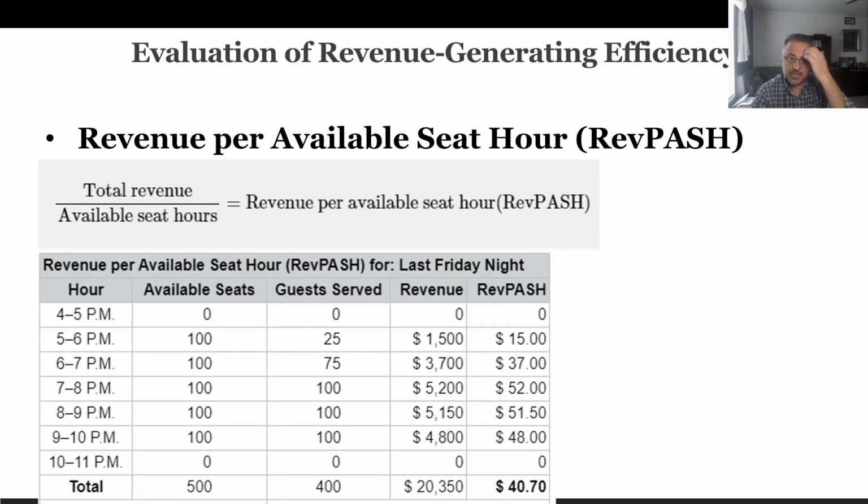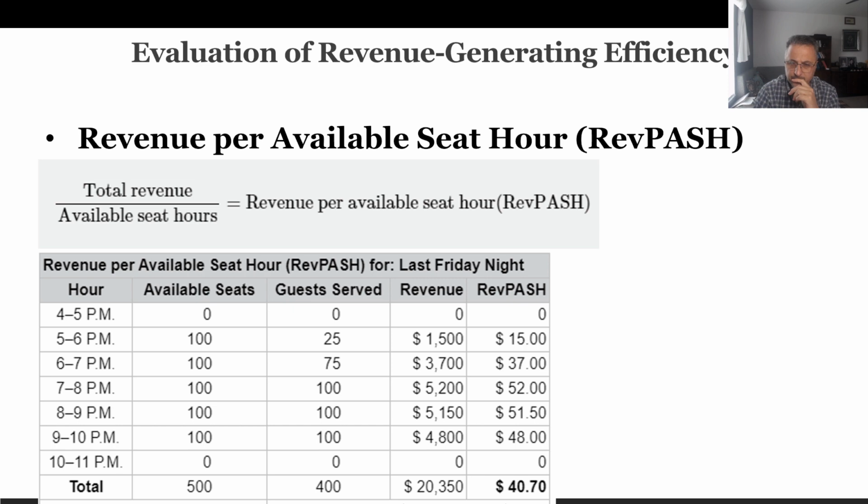For example, if you look at the performance of this restaurant, we can see that the restaurant opens at 5 and closes at 10 p.m. Because it operates 5 hours and has 100 seats available, the total available seat hours is going to be 500. During those 5 hours, they served 400 guests and generated a total of $20,350. Now, check average from 400 guests was $50.88. And if we divide the total revenue by total available seat hours, meaning full available capacity, our RevPASH is going to be